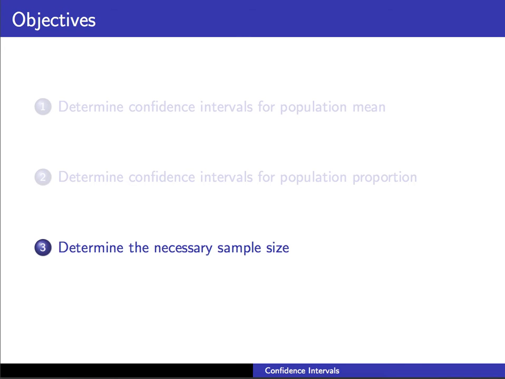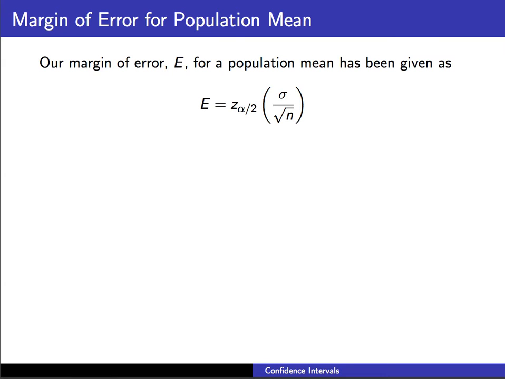All right, in this video, we're going to take a look at determining the necessary sample size that you would need to be within a certain amount of the population mean. So our margin of error, which we'll call E for error, for a population mean has been given as our critical z value, z sub alpha over 2, times our standard deviation divided by the square root of our sample size. And if we solve this equation for n, so divide both sides by z alpha over 2, we